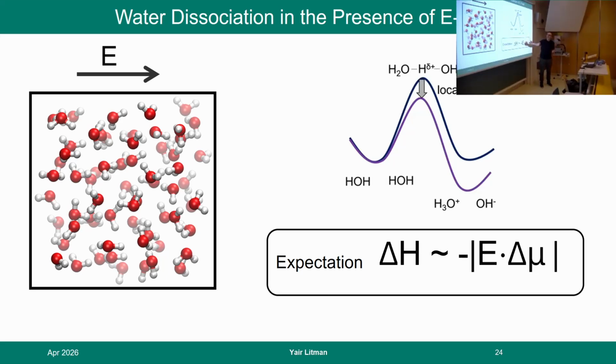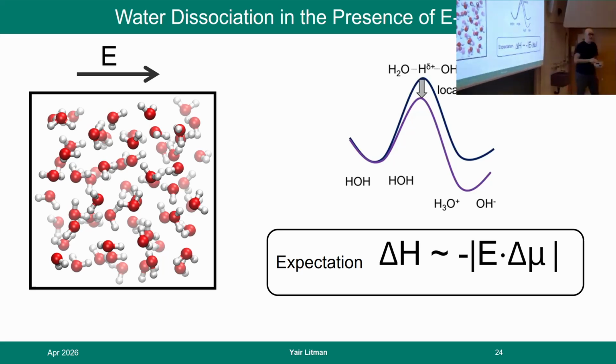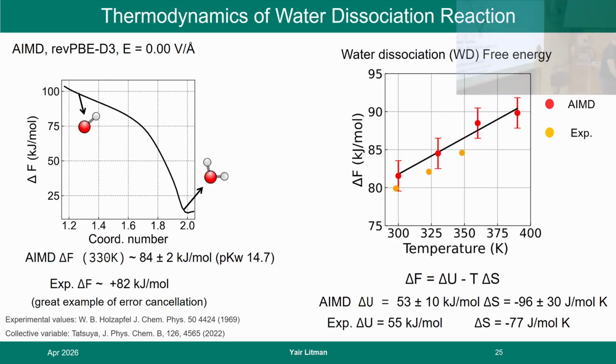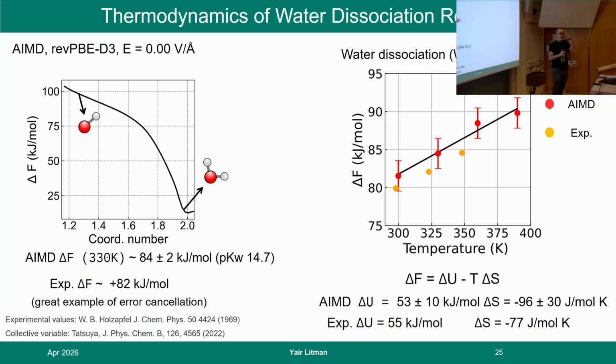Basically, the field will use a change in enthalpy, which is proportional to the change in dipole moment between the reactants and the transition state. If this has a larger dipole, then you are stabilizing more the species with larger dipole, not a crazy idea. Again, here I'm skipping a lot of details, but we can run